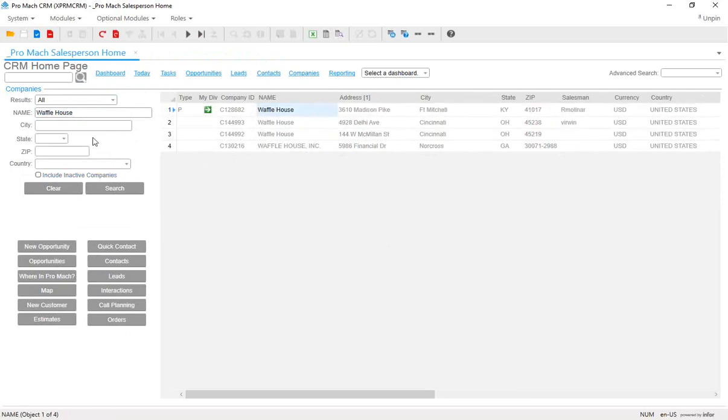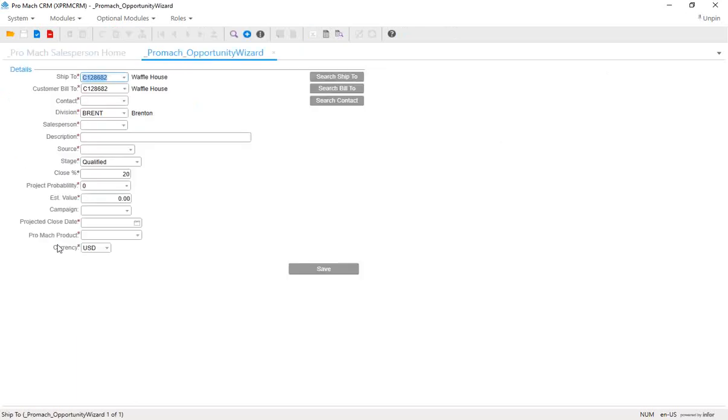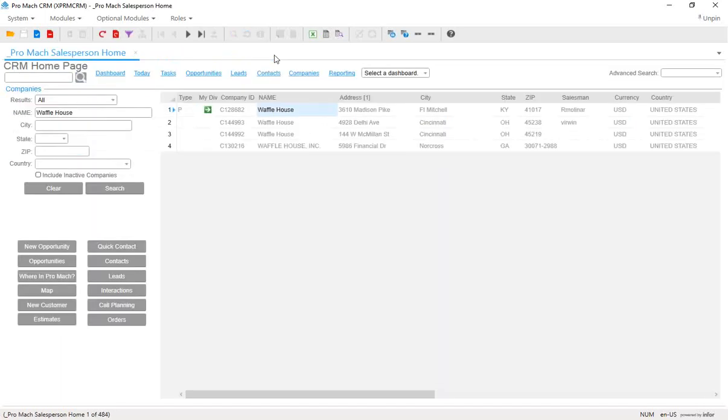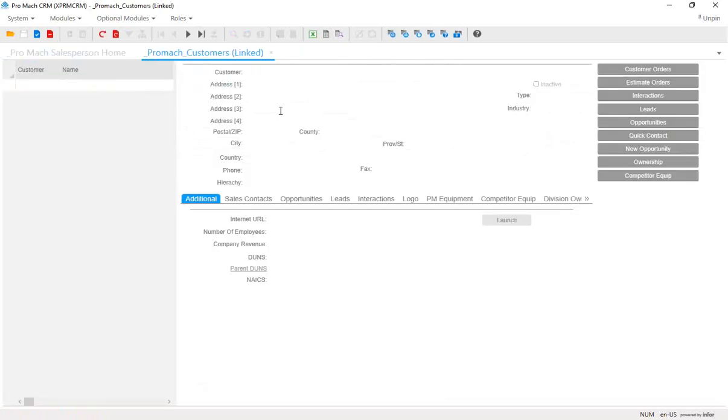Just the same as with other functionalities in the system, other views, you're able to highlight a row, this time designated by a blue arrow, and you could click the buttons in the bottom left-hand corner to trigger certain functionalities. So if I needed to do an opportunity for Waffle House, I just clicked New Opportunity and was able to get into my Opportunity Wizard. Again, when I'm done with the form, if I don't need to save anything, I can simply click the X to get out. Also, just the same, you again can double click